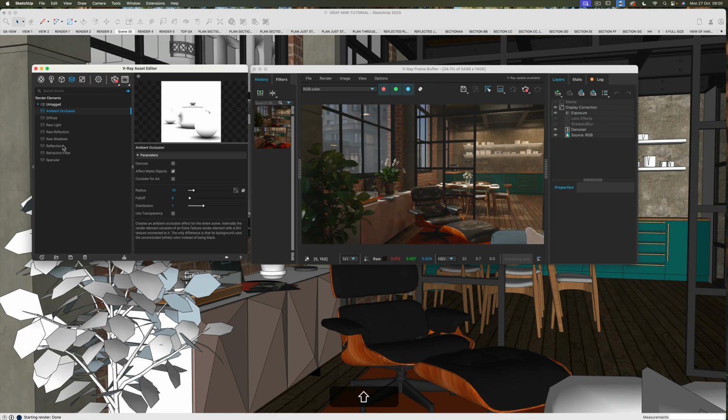Then we have another reflection layer, a refraction filter which picks up all of the reflections and light through the glass, and specular, which is picking up the reflections in the materials. Then we have control of that in Photoshop,